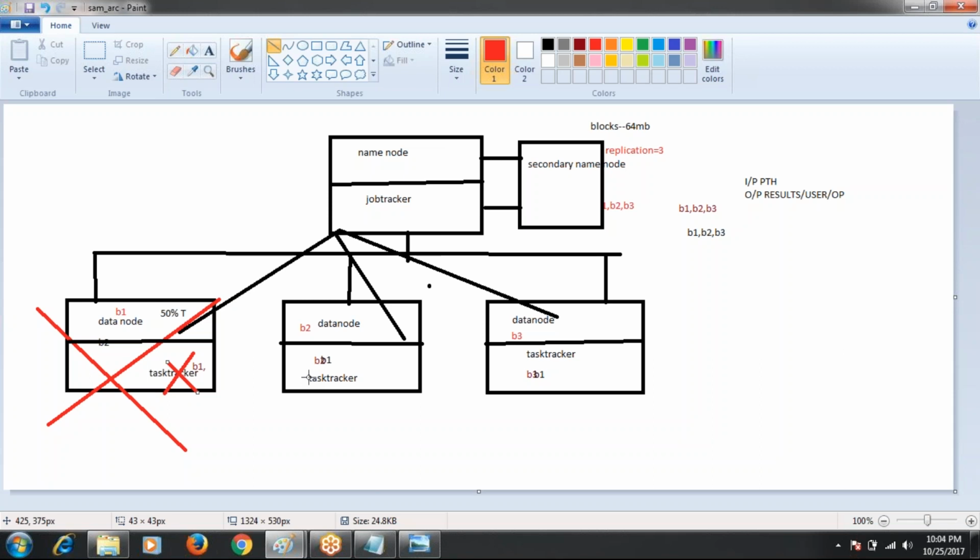Okay, this is clear, right? So this is about job tracker and task tracker. That means whenever you submit a MapReduce job on a Hadoop cluster, this will happen internally. The job will be received by the job tracker, and the job tracker will submit the job to slave machines, and the job will be executed by task trackers, which give results back to the job tracker. Again, the job tracker submits the results into HDFS only. This will happen when we run the MapReduce job.